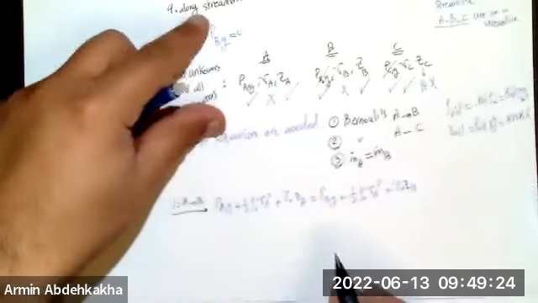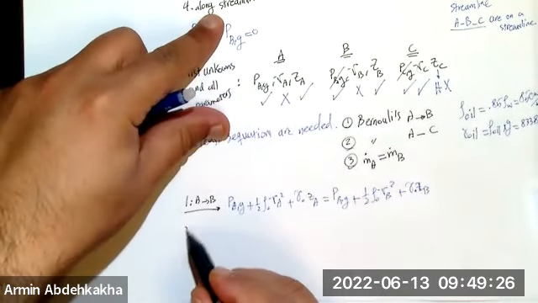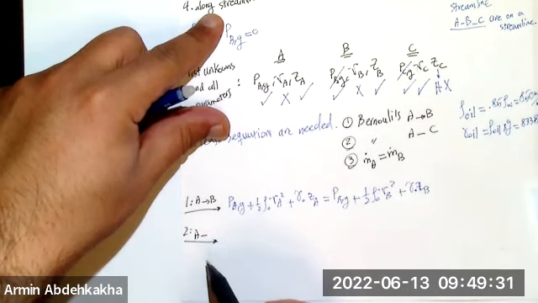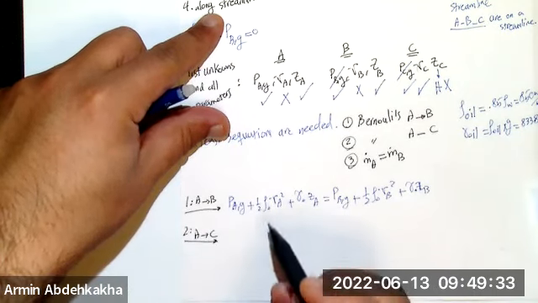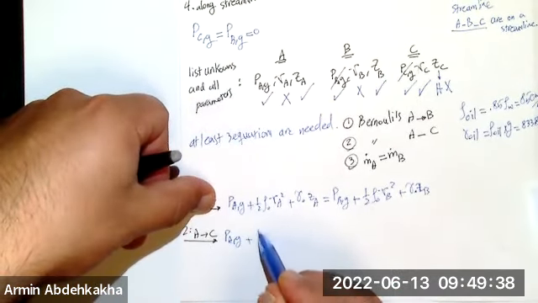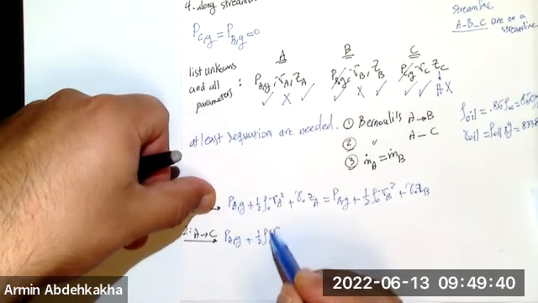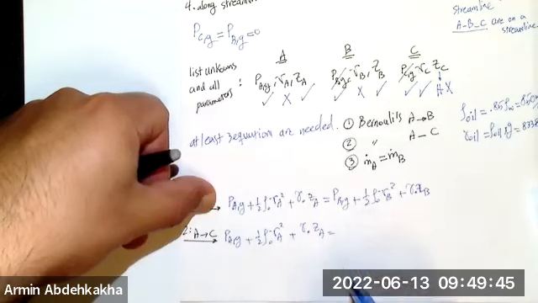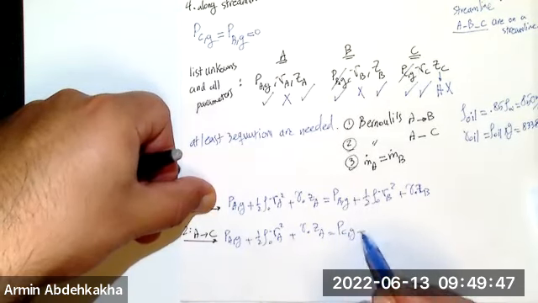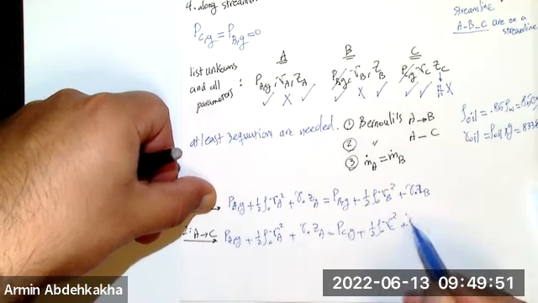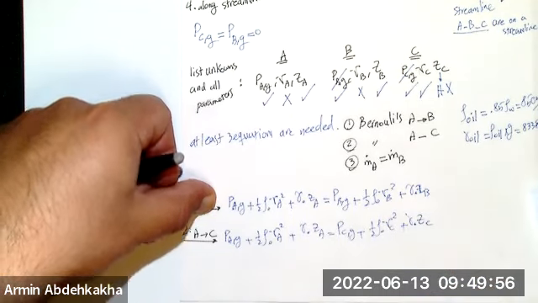Equation 1. What is equation 2? Equation 2 is between A and C, right? Okay. Again, P of A gauge plus 1/2 rho V_A squared plus gamma oil Z_A is equal to P_C gauge plus